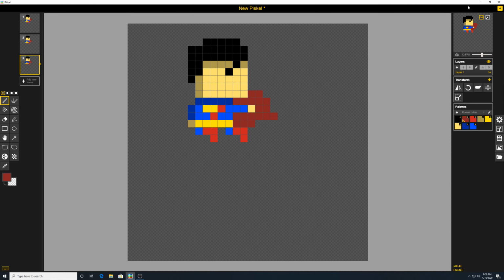So you can see the preview up here, and right now I'm at 12 frames per second. Just to see what it would look like, you can increase that or decrease that. It's just the preview. Whatever game design program, if this is for an image sprite, whatever game design program or engine you use, you're going to specify how many frames per second, but you get a little preview in here for that. So I have a little Superman where he could be flying one direction but looking back the other way,